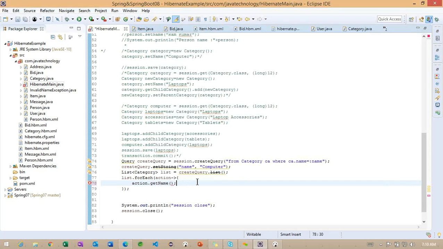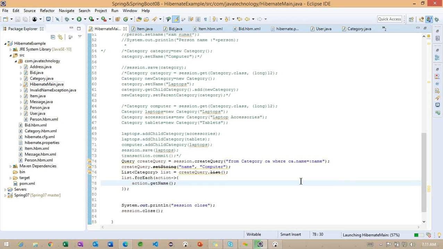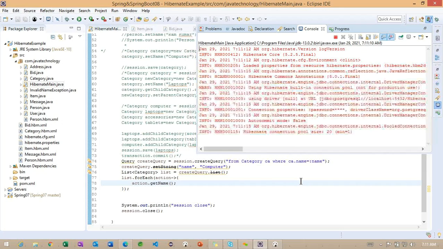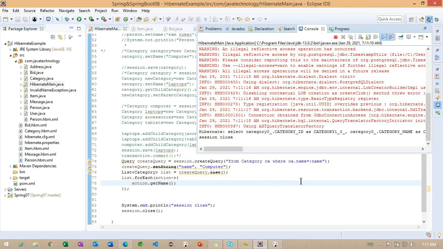Name we can print here. Okay, so this is all about the session dot createQuery method to load an object from the database. So here what we need to focus on is basically how we are going to communicate with the HQL. That is important here.